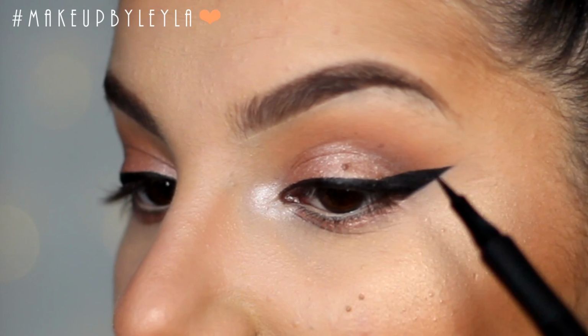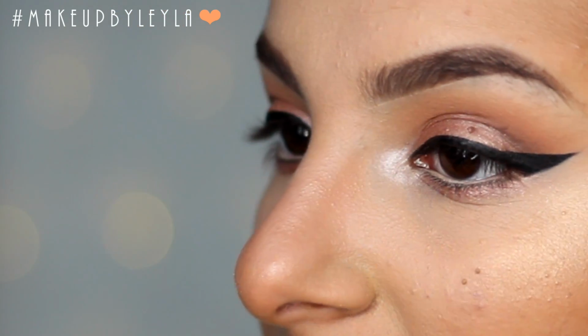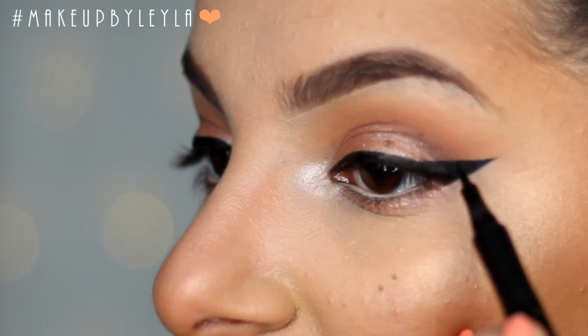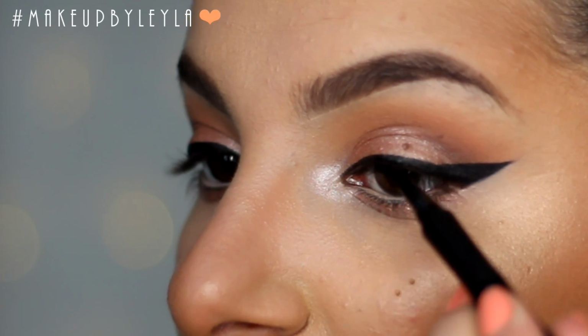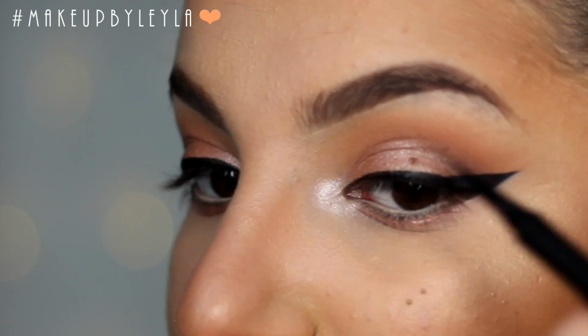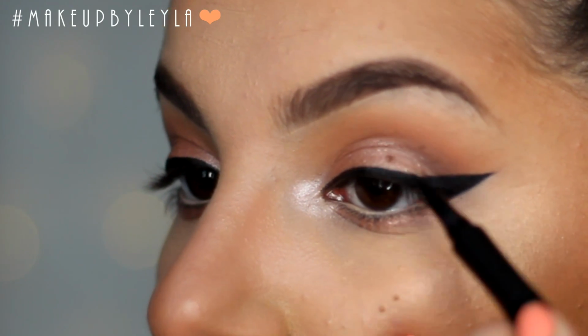Okay, so I'm just going to kind of fill in this part here, and looking straight again, I just want to make sure that this is a really nice fluid line. As you can see at the moment, it kind of jags downwards. I want to make sure that this connects to that really fluidly. So I'm just going to...